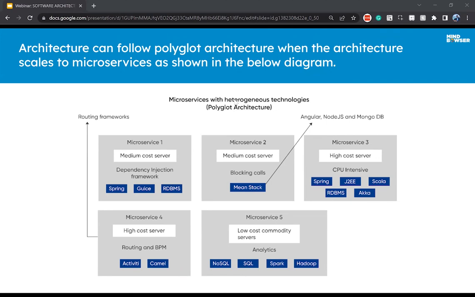What will happen when we split this into different microservices is we can develop one microservice in one tech stack and another microservice in another tech stack. Service-to-service communication follows interoperability. It is purely REST-based communication, whether in JSON format or XML format. JSON or XML is not bound to any programming language, so any programming language can understand this. So I can design microservice 1 with the Spring framework, microservice 2 with the MEAN stack, and microservice 3 with the J2EE stack.